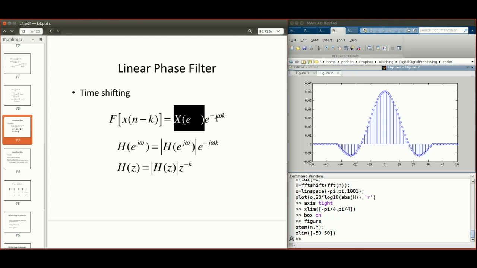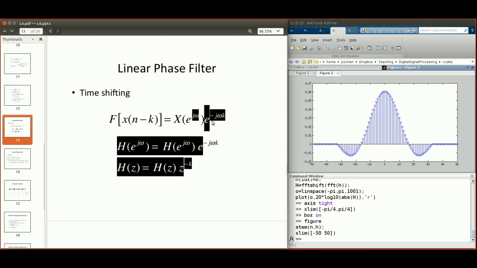If we look carefully at this complex exponential being multiplied to the Fourier transform of the original signal, it has a linear phase. The reason it's called linear phase is because it's k times omega, a linear function of omega. So if you multiply the Fourier transform of small x, that's big X, with a linear phase term in the Fourier domain,